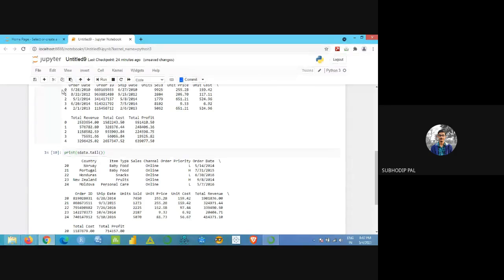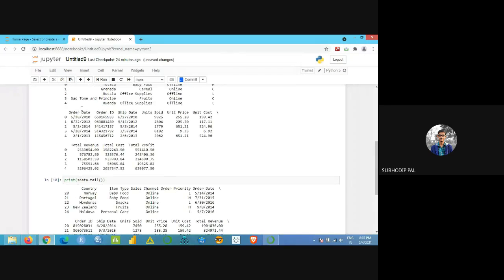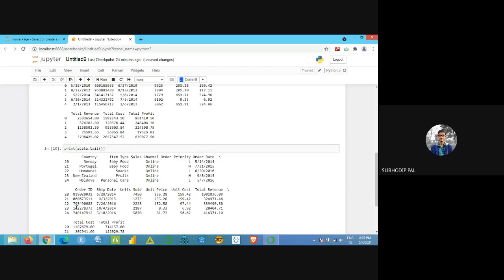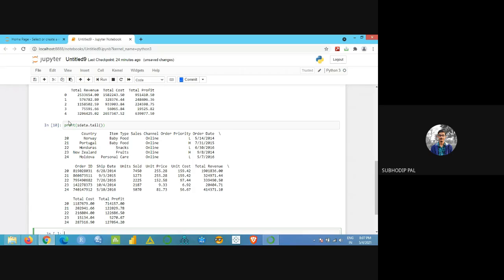Because it's starting from zero. The first row is represented as zero. So that's why it's 24. N minus one type. As it starts from zero, the index number of the last one will obviously be 24. Okay. So now this is my tail of the data. Got it?